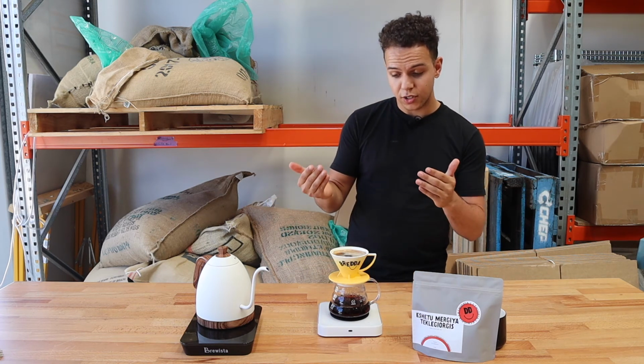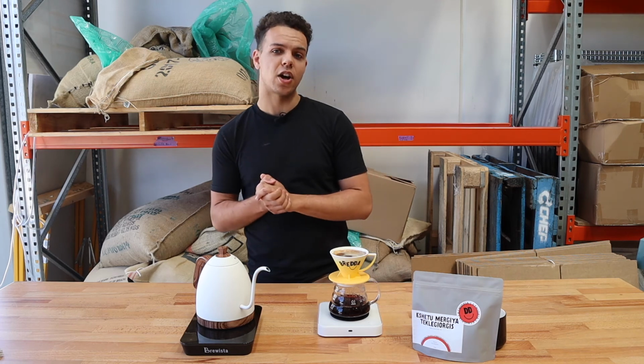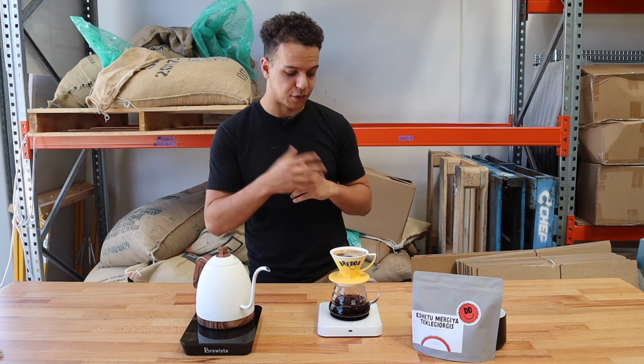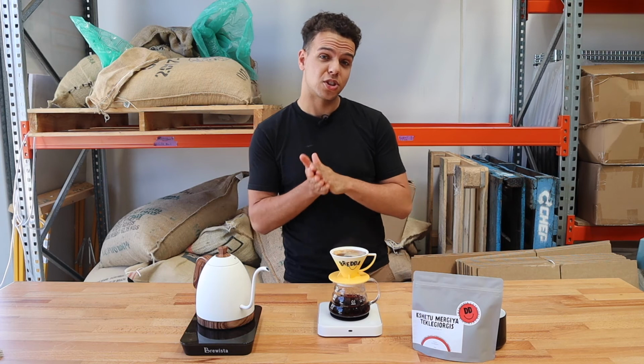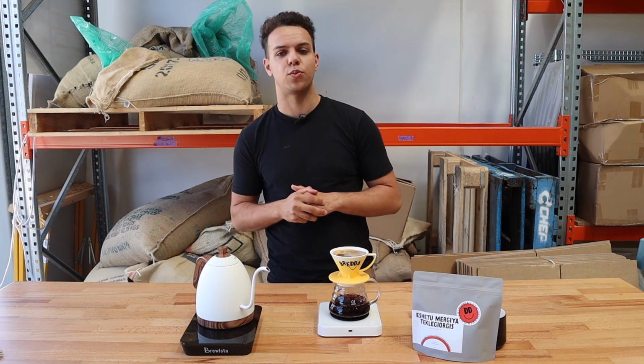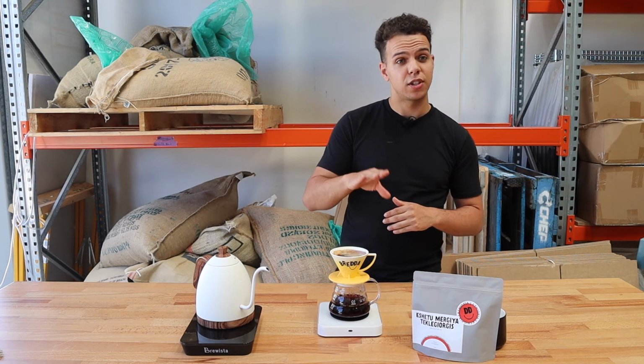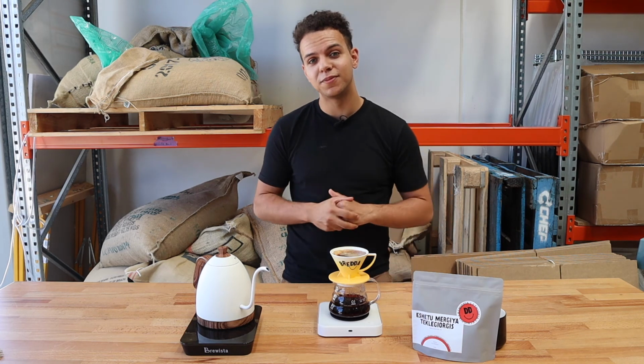If this coffee drains too quickly or it's ground too coarse, it will be a little bit tart and will lack a little bit of that aftertaste. If the coffee drains too slow or we grind too fine, on the other hand, you'll get a little bit more of that bittersweet chocolate. But if we drain our coffee, we're aiming for that 230 to 240 mark in that flavor window,